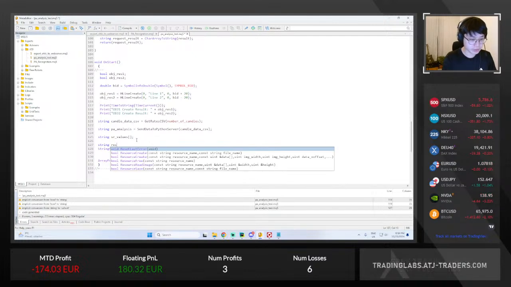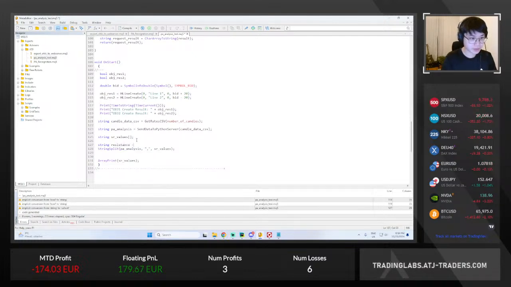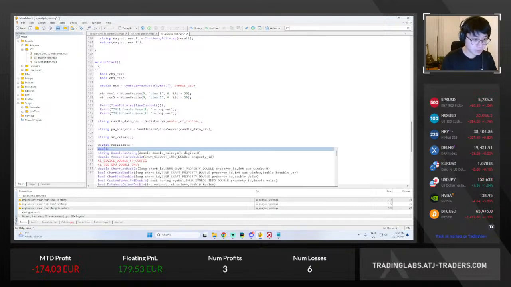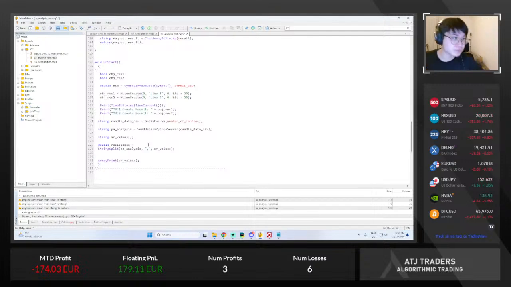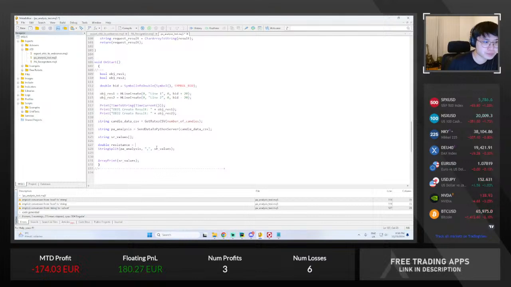So string resistance, or it's actually double because I want to save it as a number. So double resistance is equal to my SR value with the index 0,